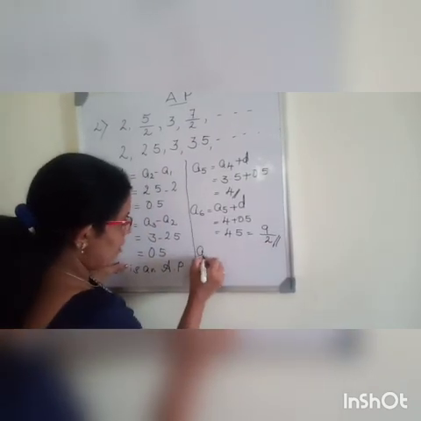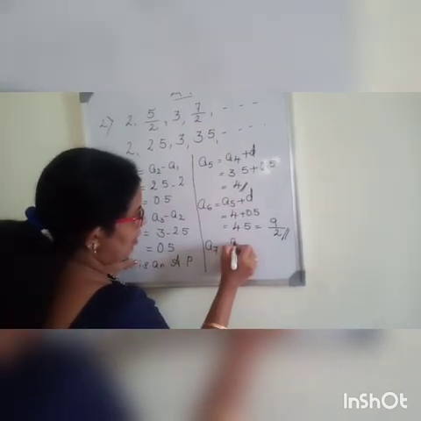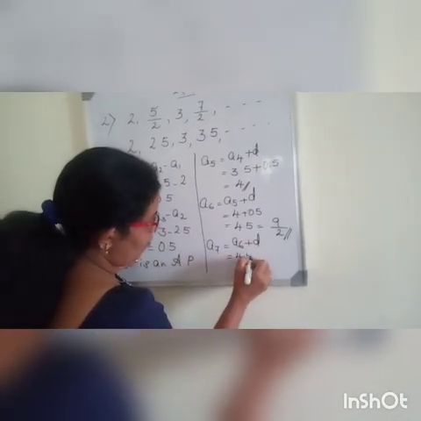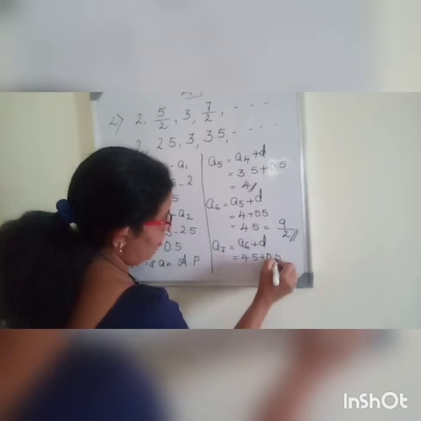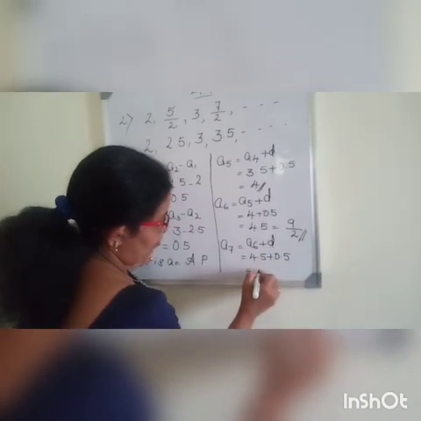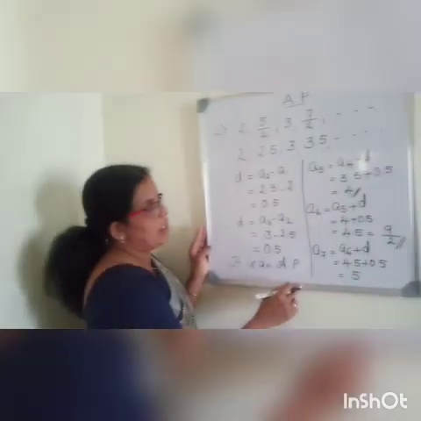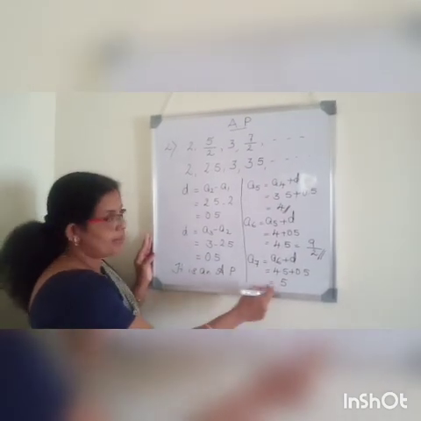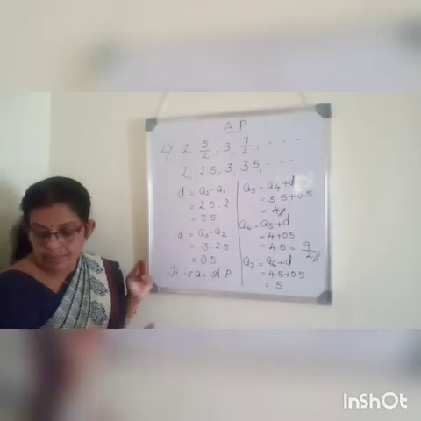And the 7th term is the 6th term plus the common difference. So 4.5 plus 0.5, it is 5. So the next 3 terms are 4, 9 by 2 and 5. The next sum is